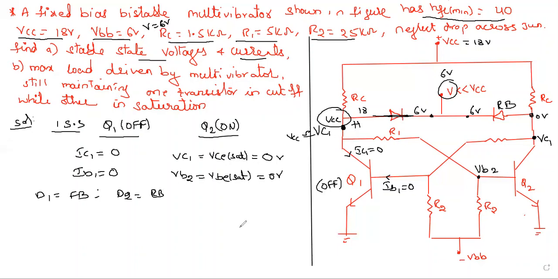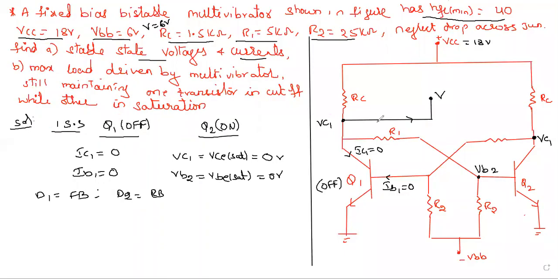So now let us draw the diagram, as D1 is forward biased and D2 is reverse biased. This collector voltage is now clamped to V volts, that is equal to 6 volts. Now let us assume the current flowing through this is I1. What happens? This I1, at this node, as IC1 is 0, no current will enter into this transistor, but this I1 may be divided into this circuit, right?